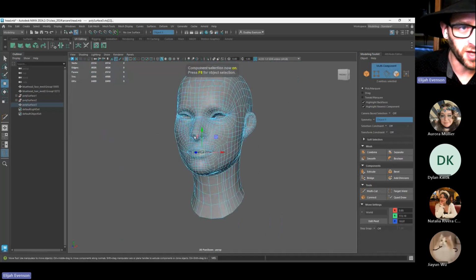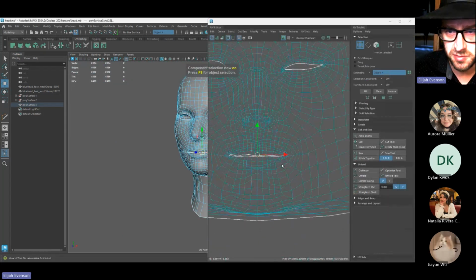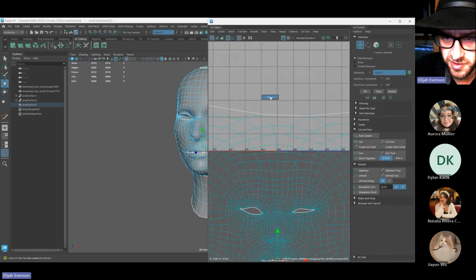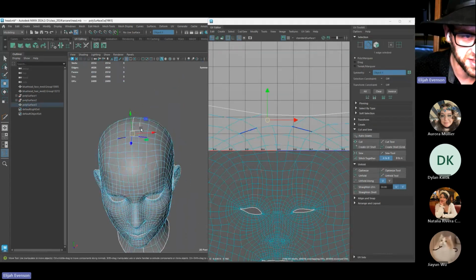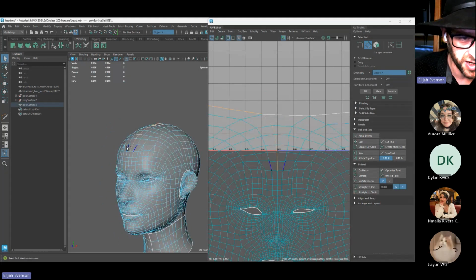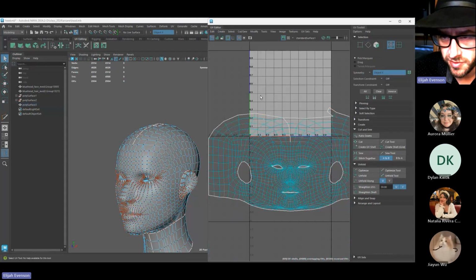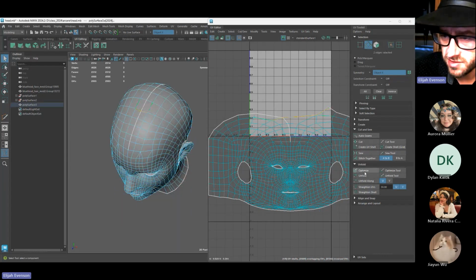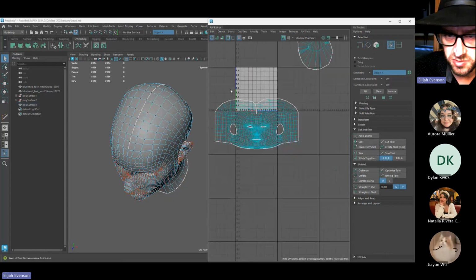Okay, so I did the cylindrical map. I unfolded it. There might have been an area in the top that got a little funky, and that's because the seam was weird. So what I'm going to do is cut a seam right to the forehead area where the hair splits, and then we can unfold that. I will sew anything that shouldn't be cut. This edge should be sewed right there, so we'll sew that, and then we can just do an unfold of the whole top of the head,